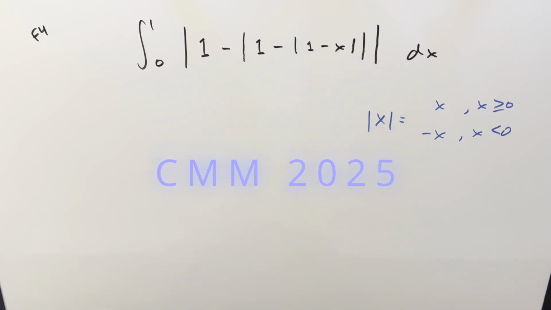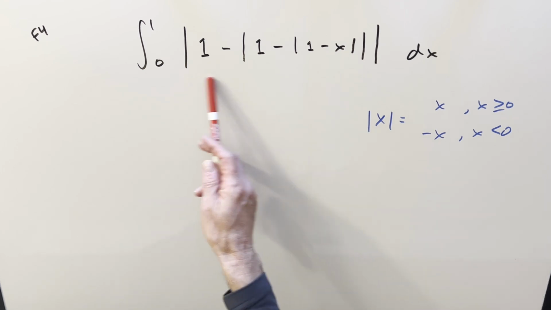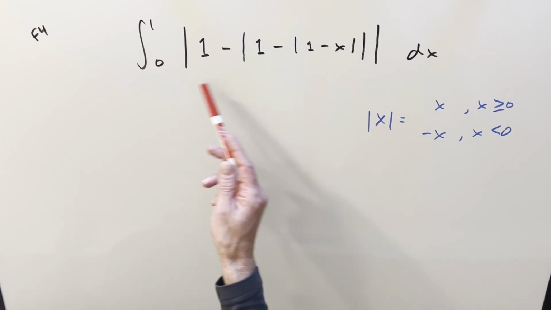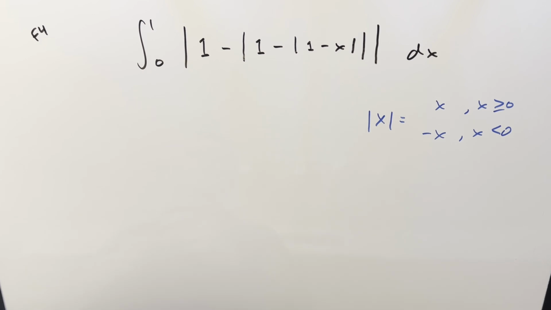Okay, we have here today another integral. This one's from Caltech Math Meet Finals number 4. We have the integral from 0 to 1 of this whole absolute value expression dx. I thought this one was kind of funny because it's actually going to be really easy, but the hardest part is just distinguishing the ones from the absolute value. So actually, I'd say this is more of an eye exam than an actual math problem,